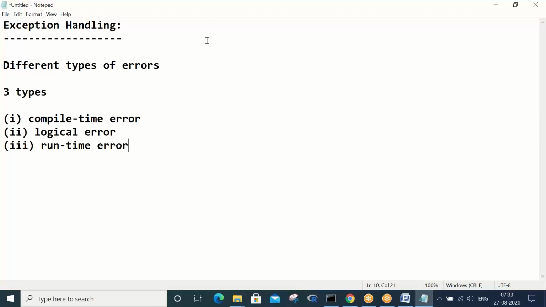Okay, so what do you mean by compile time error? Any idea? If you see a plus b, that is the statement you are writing in the code, and instead of normal braces, let's say you have given this brace. What happens, tell me? Your compiler will throw an error, right? It will say that syntax is missing, something like that. So basically the syntax is wrong, correct?